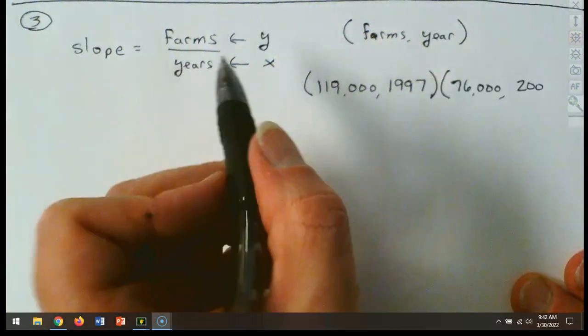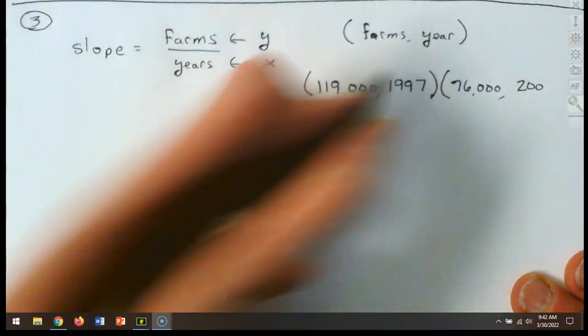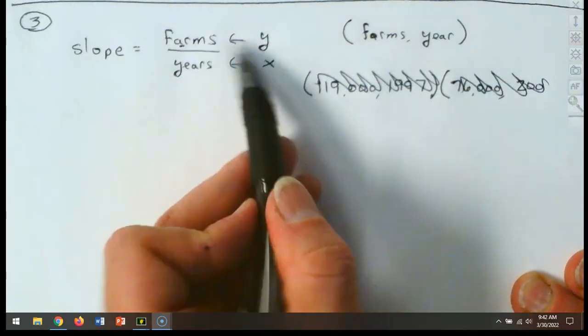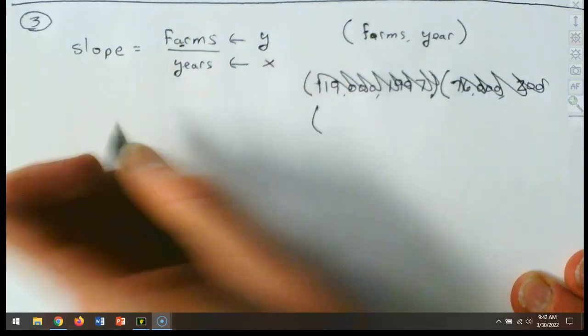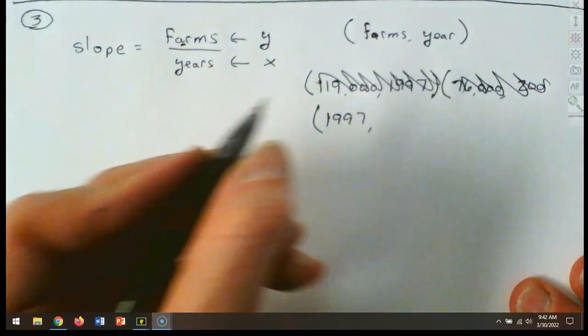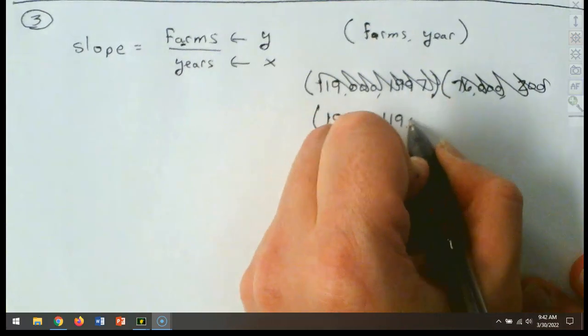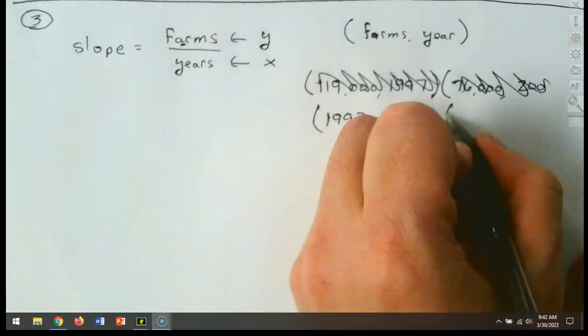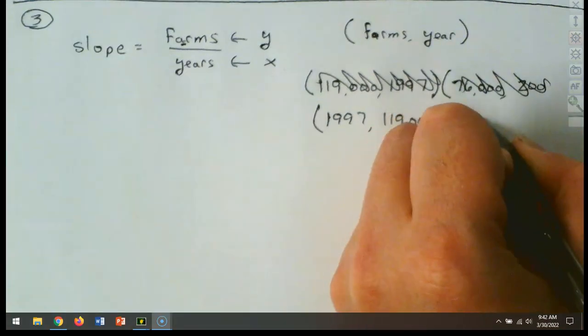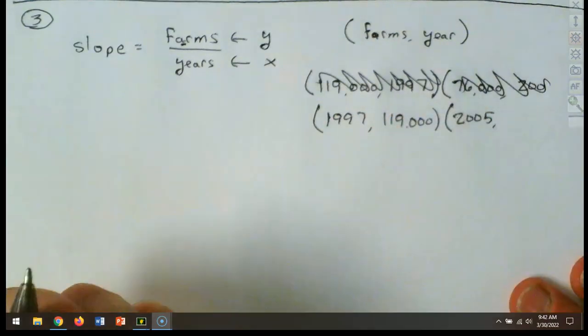Oh, wait, did I put... Okay, sorry, I wrote the ordered pairs backwards. Wasn't very careful here. Remember, Y is on top, Y is farm. So X is first. Sorry about that. So that's going to be 1997, 119,000. Sorry about that. Just wasn't careful there. Because X goes with the years. I thought something wasn't looking right. And then in 2005, we had only